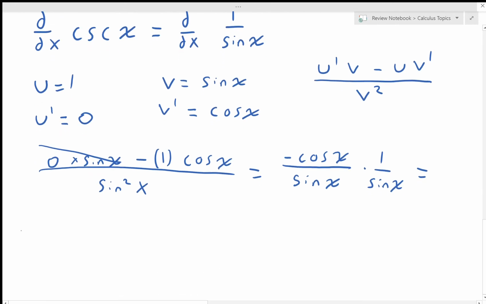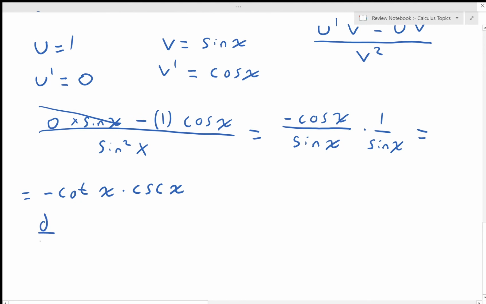So we know that sine over cosine is tangent, but here we have cosine over sine, so that would be negative cotangent x times cosecant x. And there you have it, the derivative, something that you should probably want to memorize, of secant x,